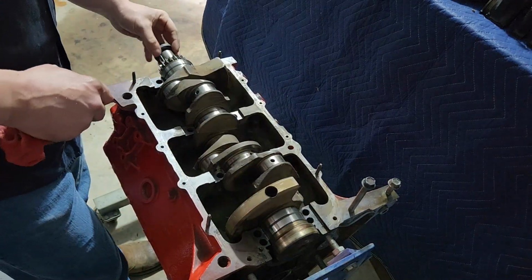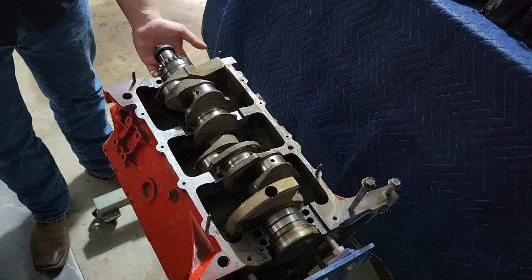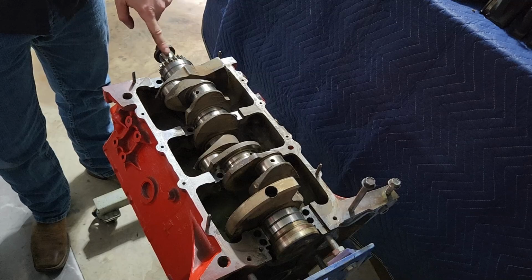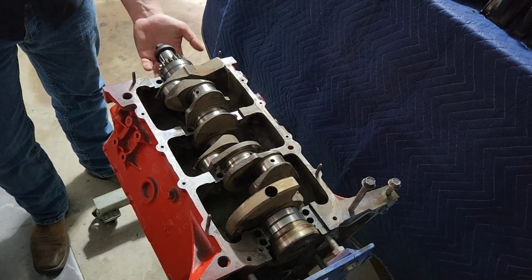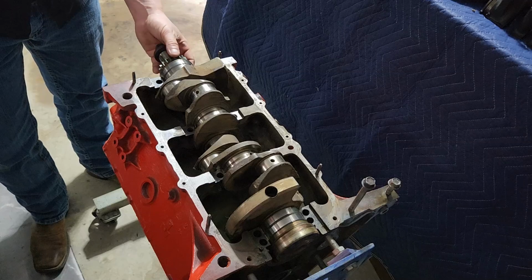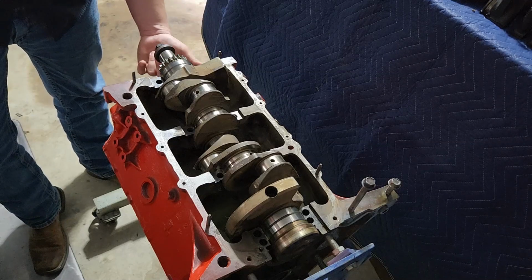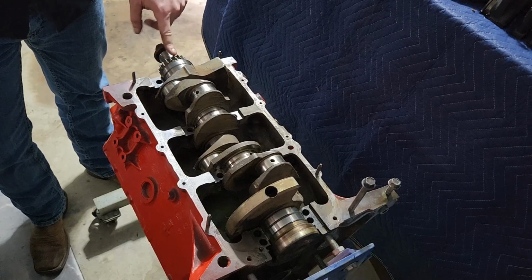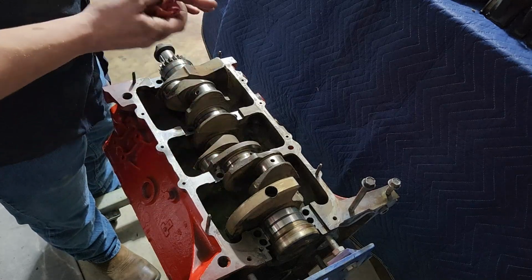So let me go ahead and now, another thing that we could do that we're not going to do. I did say we got a new timing set. I'm going to leave the old gear on the crank. I could pull it off and put a new one on, but I don't see any wear on this thing. This old timing gear looks just fine. We'll change the big one and we'll change the chain, and really the chain is the part that you really care about. We'll get to that here in a little bit, but I'm going to leave the old timing gear on here. And we're just going to go ahead and put our main bearings on. So